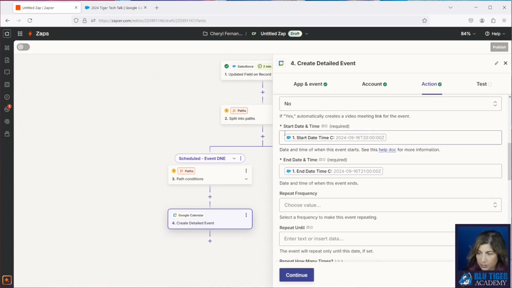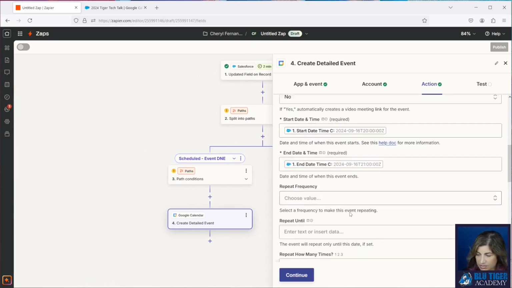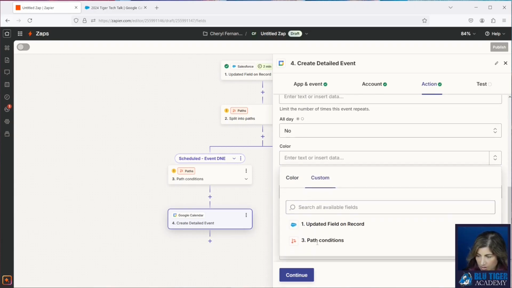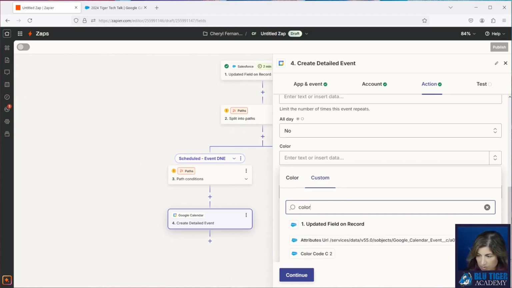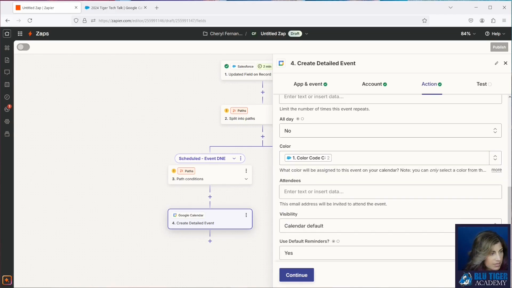Be very careful when you're clicking around here that you don't have anything extra on either side of this. And then we're going to use our color code on our event to specify which color we want the event to get created in. Just so that you can see how our color codes work, we do have a little link over here that we're going to share in the description below.